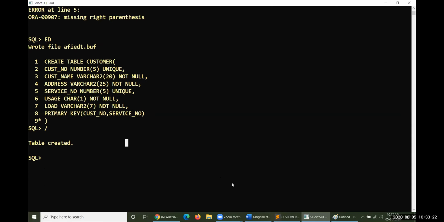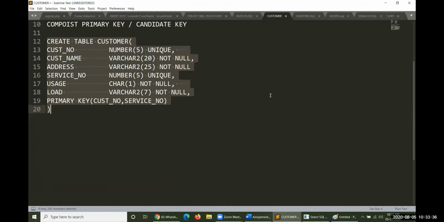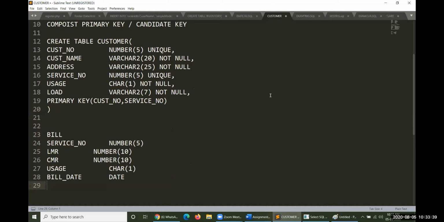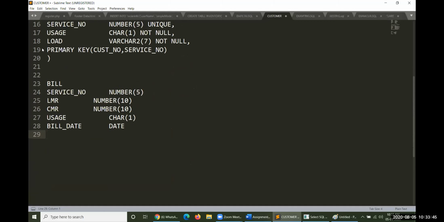After creation of this particular table gets over, then we would like to create one more table. The table is bill. This bill table will also be copied from here to here. How could this get created here? Here also one more table level constraint will be there.